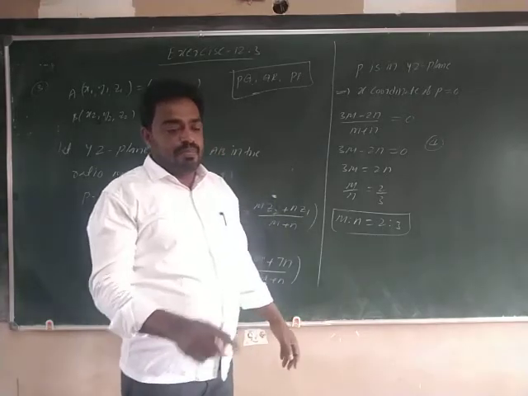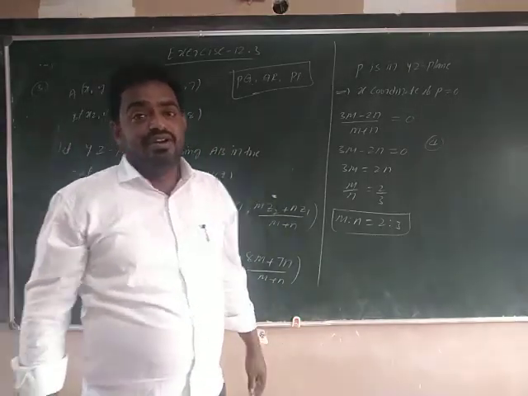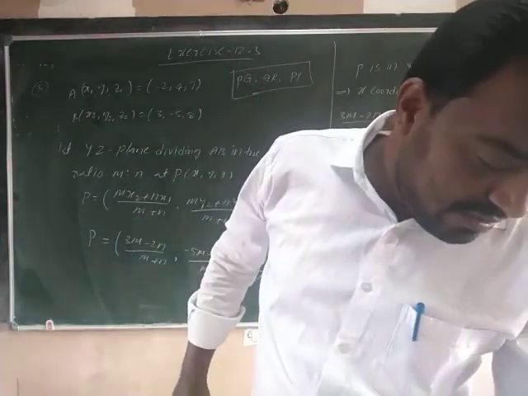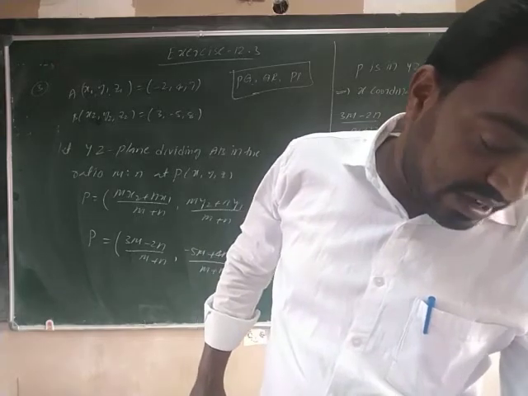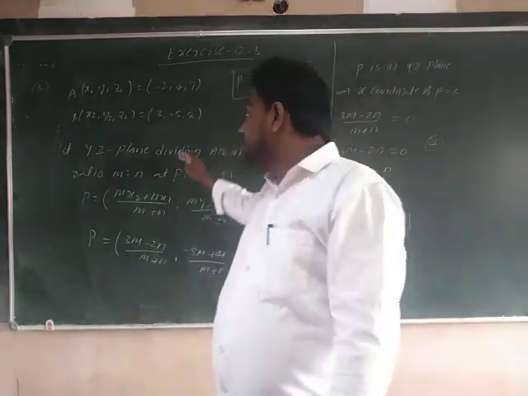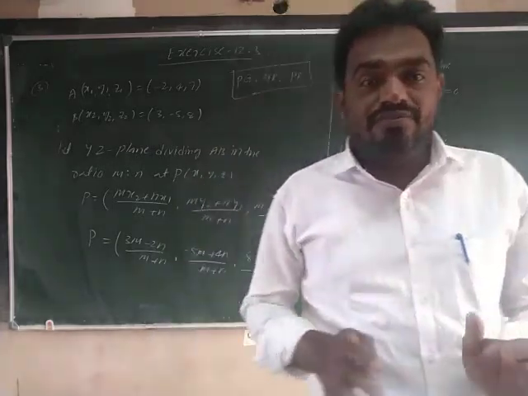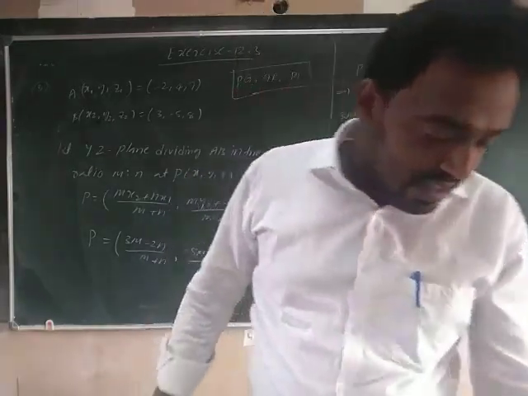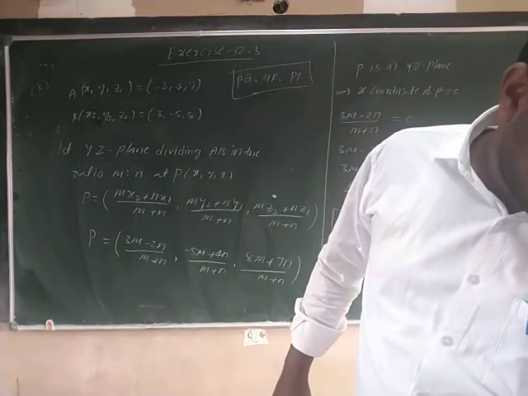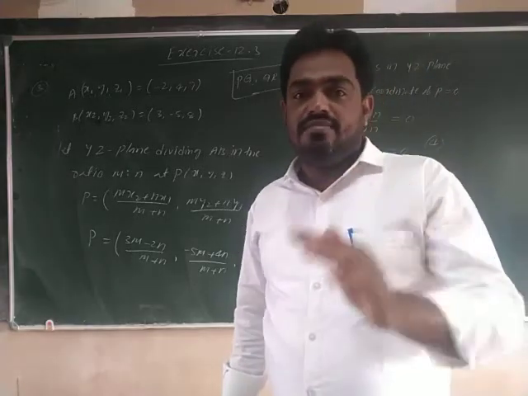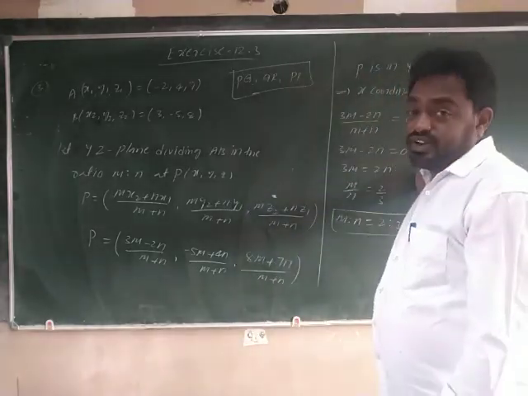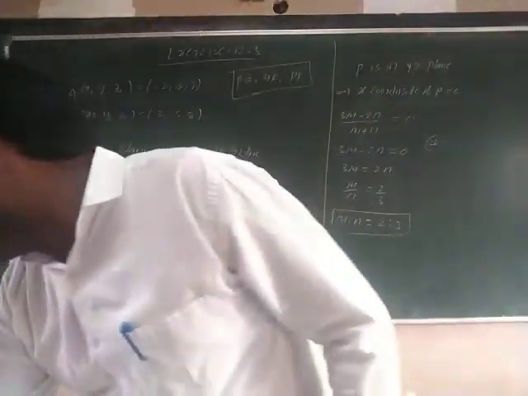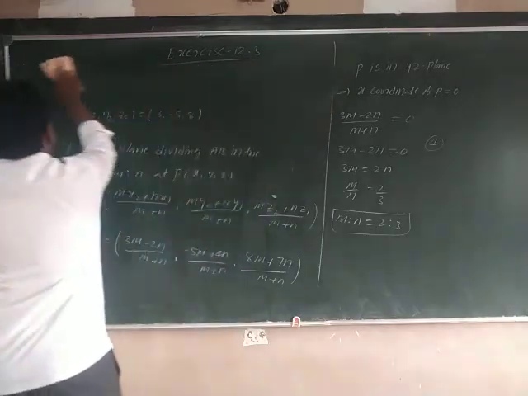Right? Now, what are they asking? The section formula. Where did we solve that already? In this exercise only, the second question we solved before. How did we solve it? If the dividing ratio is unique, the points are collinear. So follow the same method as in the second question of the exercise, and you will get the answer to the fourth one. Right? Next, the fifth one.